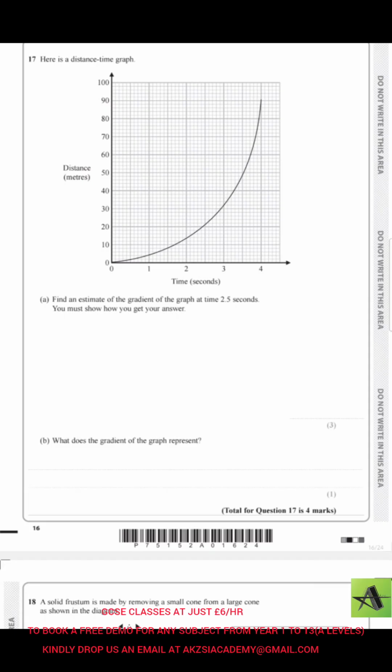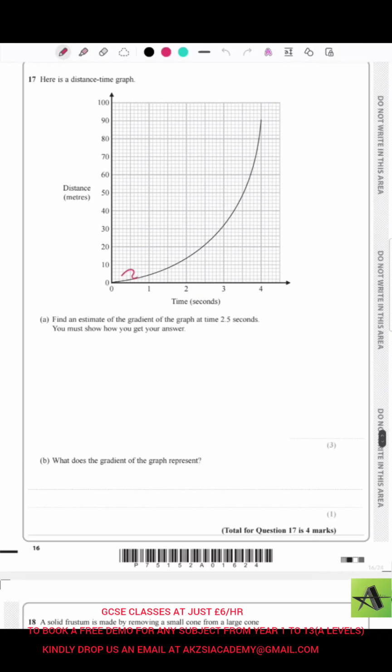if there is a straight line already given, we just have to use change in y over change in x, because the gradient of a straight line is always the same. But if there is a curve given, the first thing is you should know that the gradient would be different at every point. Every point will give you a different answer. If they say that you have to calculate at t equals 2.5, so x is 2.5 here,